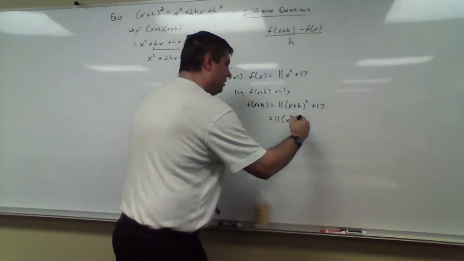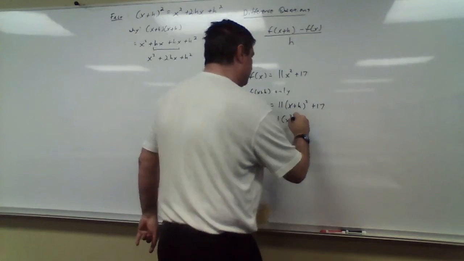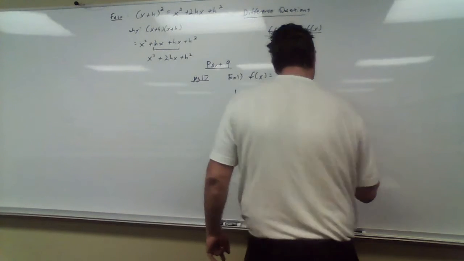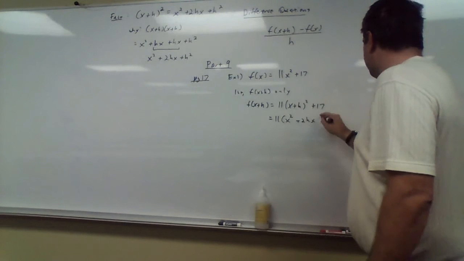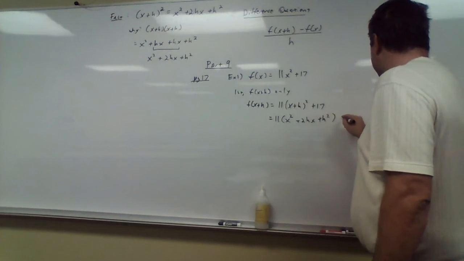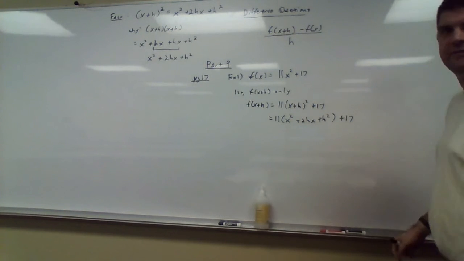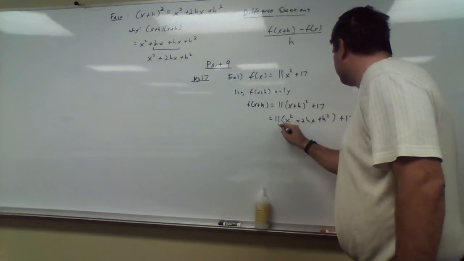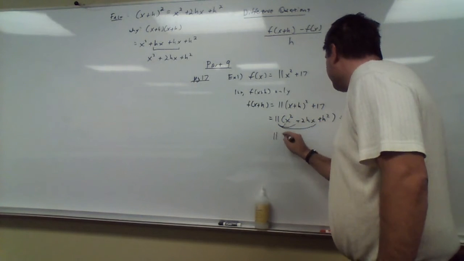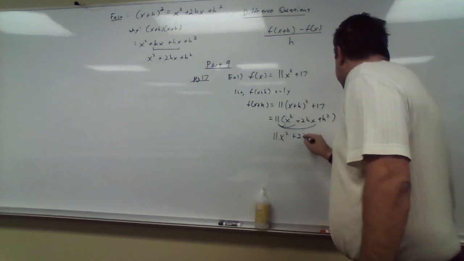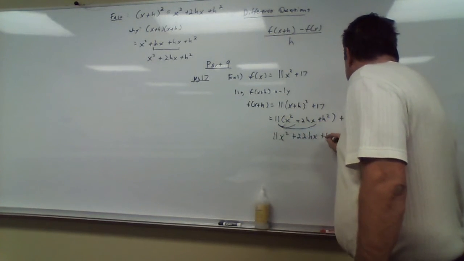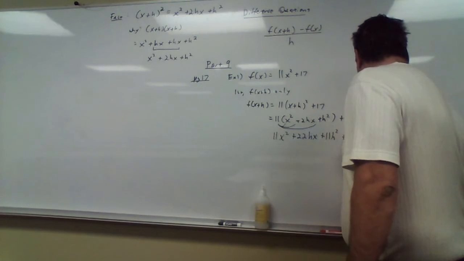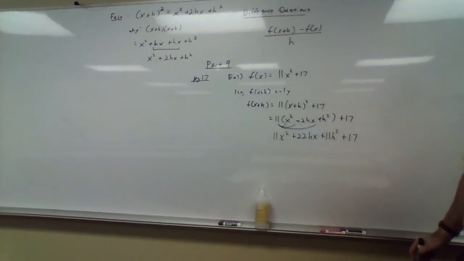X squared plus 2hx plus h squared, and then outside the parentheses is plus 17. I will distribute this through, and I will have 11x squared plus 22hx plus 11h squared plus 17. Second,